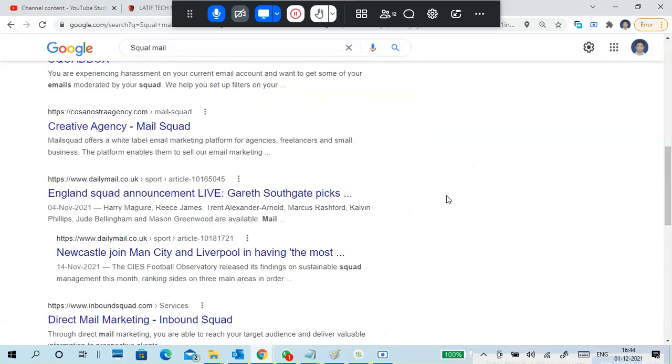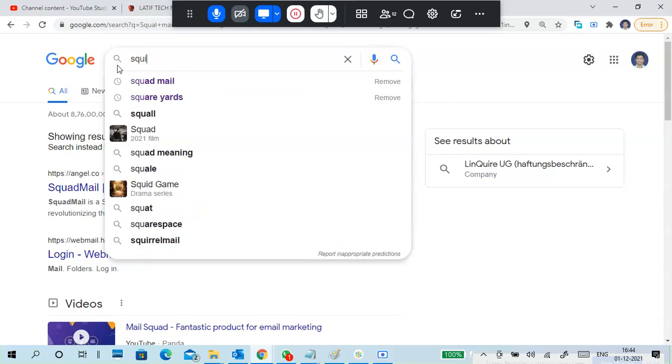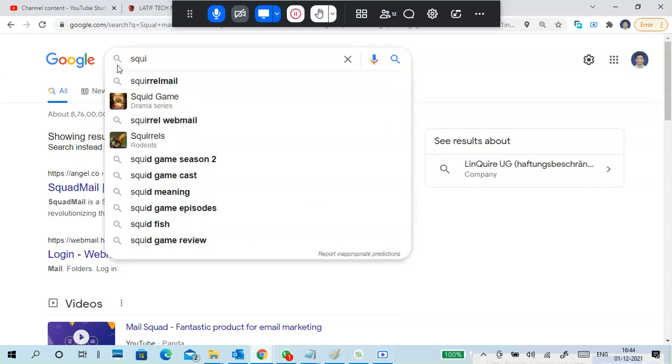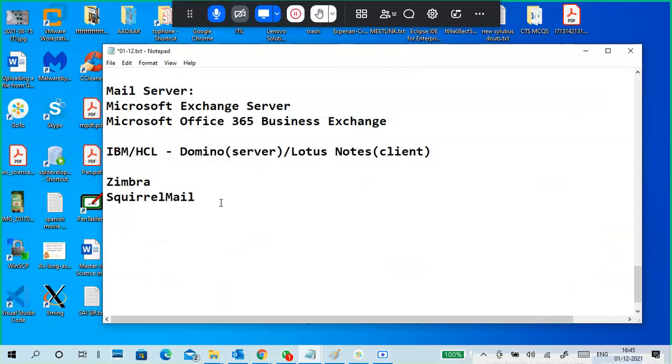It is showing in different ways. I typed it the wrong way, so Google corrected it. Okay, this is SquirrelMail. This is also a mail communication server. Okay, like that. So a lot of Sendmail. A lot of different mail servers are there.